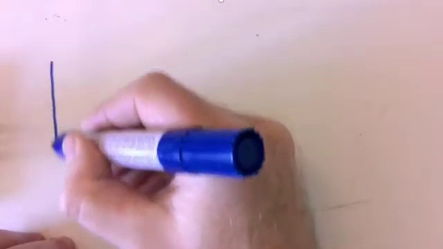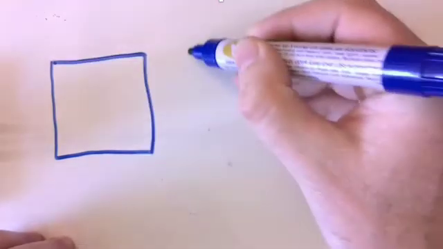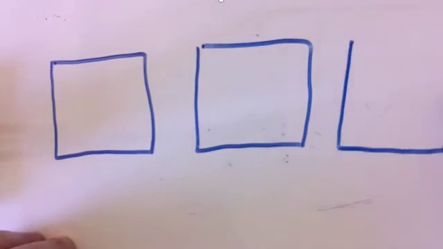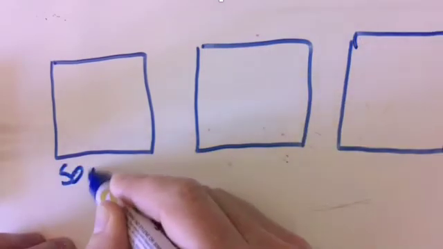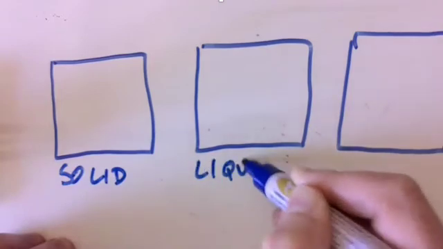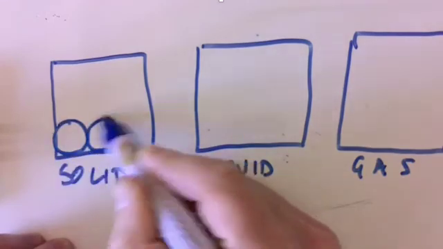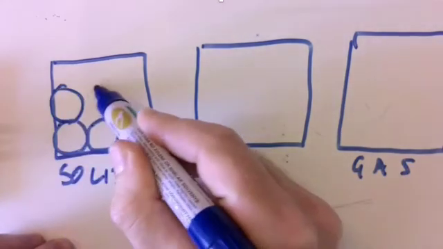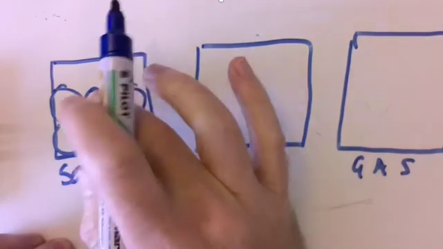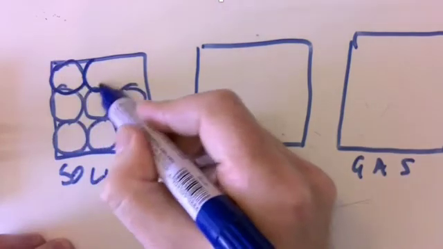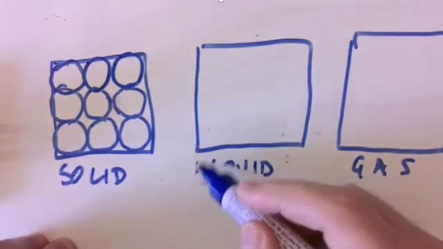So let's draw a diagram of a solid, a liquid and a gas, just as a bit of revision. So I'm going to draw three boxes. This is what I'll do. So solid, liquid, gas. So draw them nice and big, don't make the mistake of drawing them really tiny and having to draw millions of particles. So what I'm drawing is the particles, and they should be touching, and they should be the same size. So that's what a solid